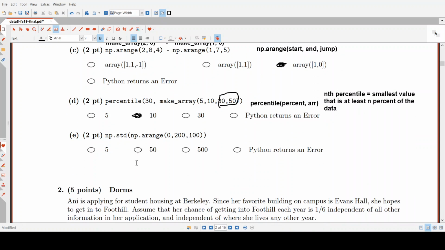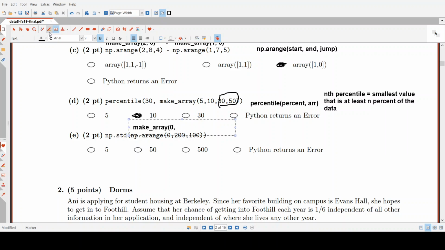Okay, so now the last one, part E, is np.std of np.arange of 0, 200, 100. The np.std function calculates the standard deviation of an array, and np.arange, as we said, creates a range. So this would be the same as make array,